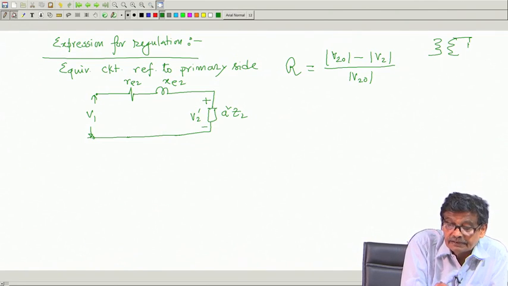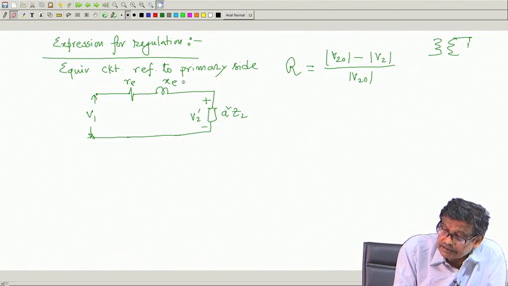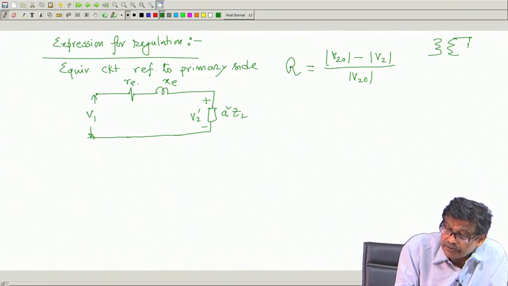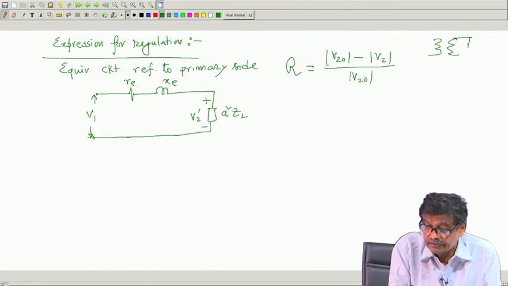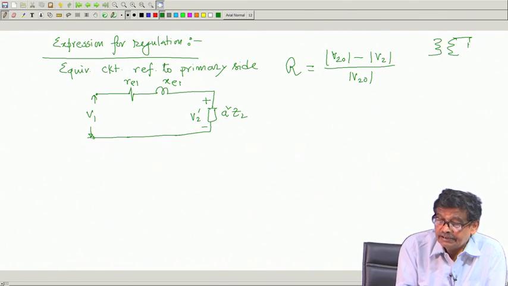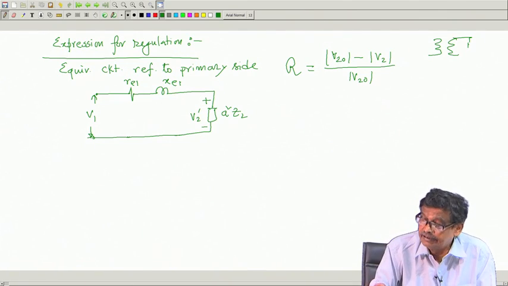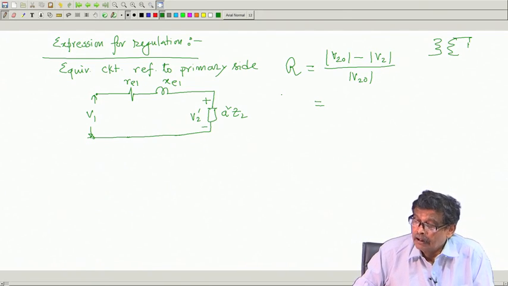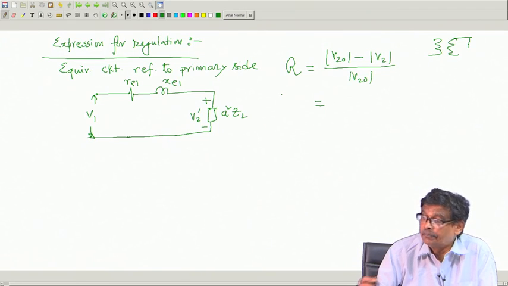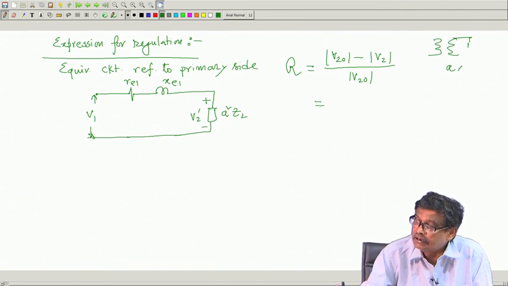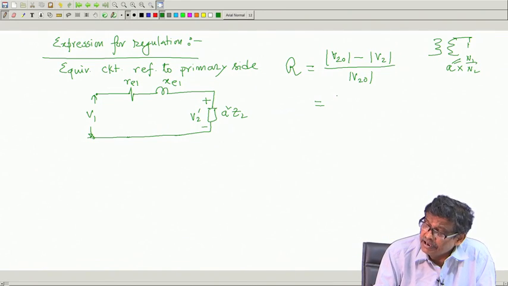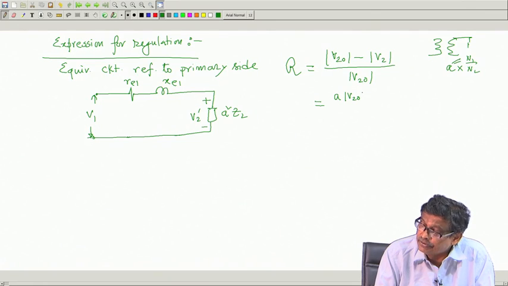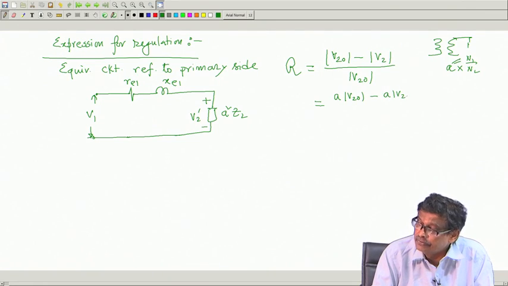Oh, sorry, that will be RE1 and XE1. Thank you. So, this will be RE1 and XE1. Okay, this is referred to primary side. Now, come to this, this is the load side. Now, what I do, I multiply both the sides numerator and denominator by turns ratio A, A is equal to N 1 by N 2. If you do, it will be A magnitude of V 2 0 minus A V 2 divided by A V 2 0,